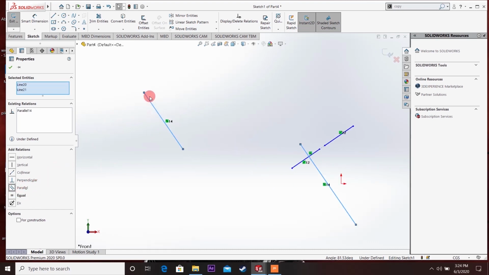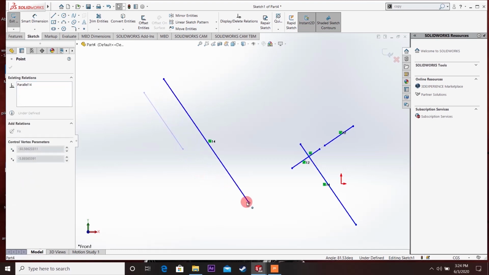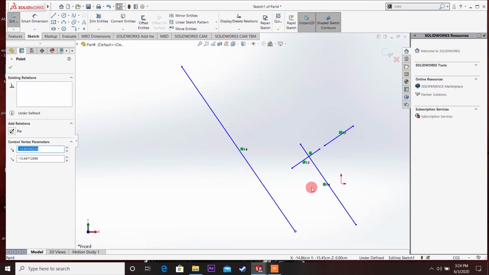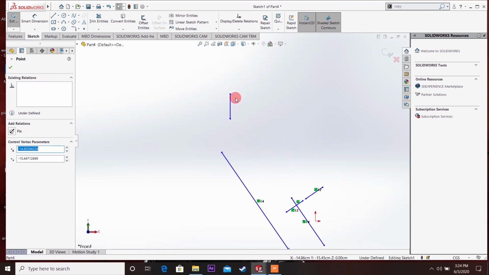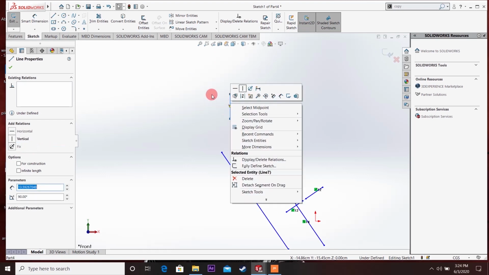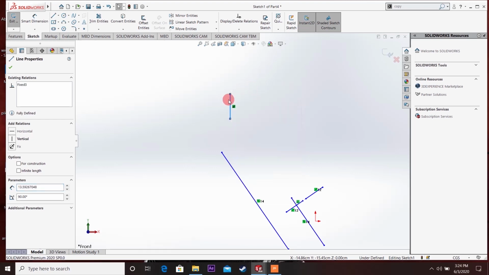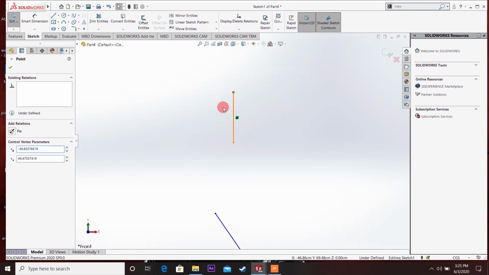So now this line is parallel to this line. Okay, and you can fix these lines also by selecting this make fixed option, so that it won't move from its place.